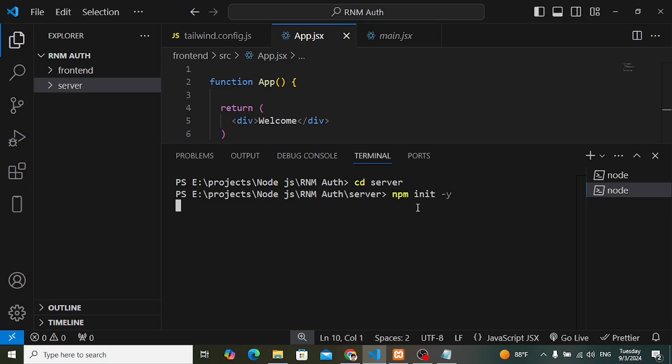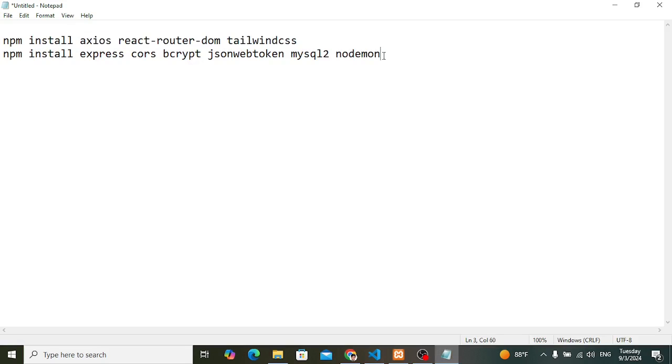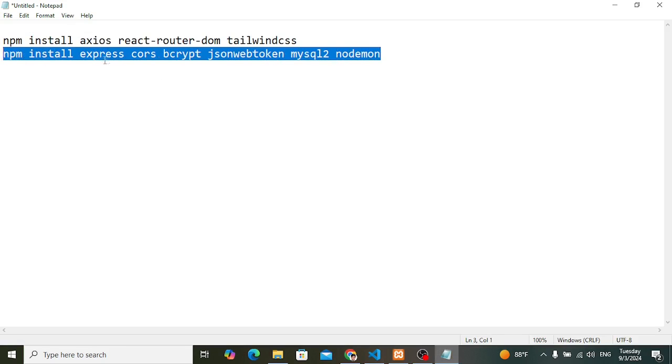So it will just initialize our node app. It will create a file package.json. Now inside this we will install our libraries. Let's copy them. I have written them: npm install express, the framework app, Node.js, cross origin resource sharing, bcrypt